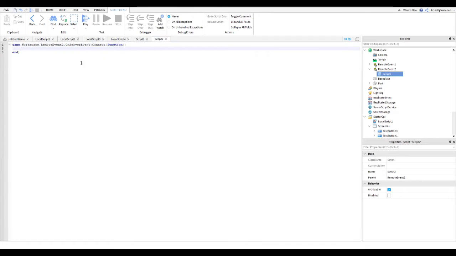And then we're typing here in script 2 game dot workspace dot part dot sparkles dot enabled equals false. And then if you want it to get enabled again, then you drop down a line and say wait, open bracket close bracket,